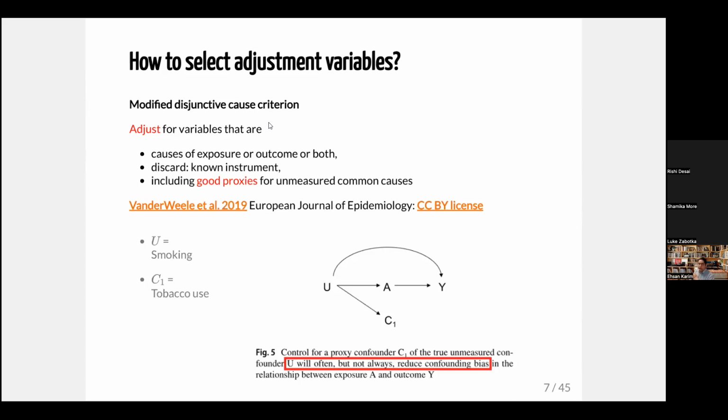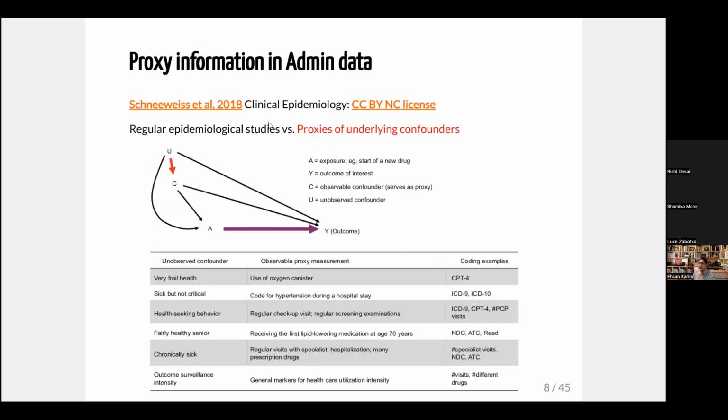So for example, if the smoking variable is something that is not available, we should look for good proxies. So for example, we had access to tobacco use in Dr. Basham's research, and that could be used as a proxy variable, right? So the idea of using proxy variables to reduce the unmeasured confounding bias is not necessarily a new one, but within the high dimensional propensity score framework that was proposed by Schneeweiss and colleagues, that was innovative in the sense that